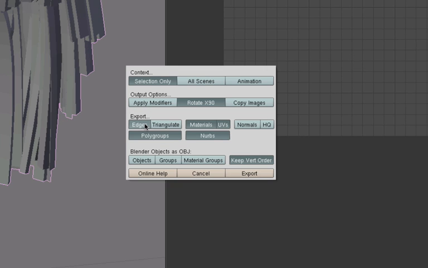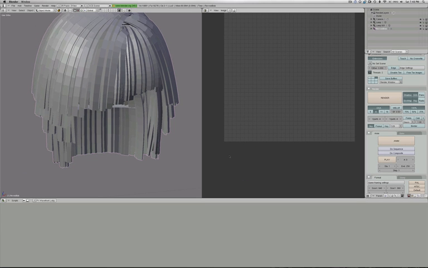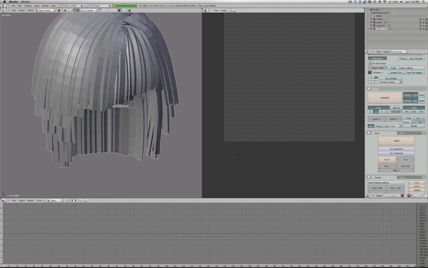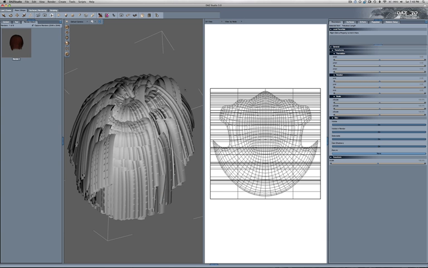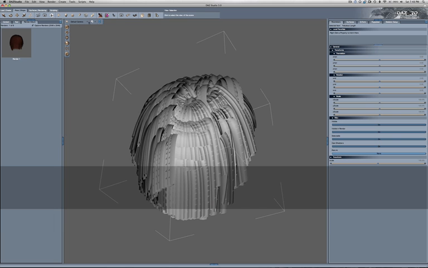The options we want are standard like this, minus the edges, minus the materials, minus the polygroups, minus the normals, and just click Export. That's all there is about this phase. Now let's see if this works inside DAZ Studio. So let's switch back to DAZ Studio, and I'll switch back to one single view,